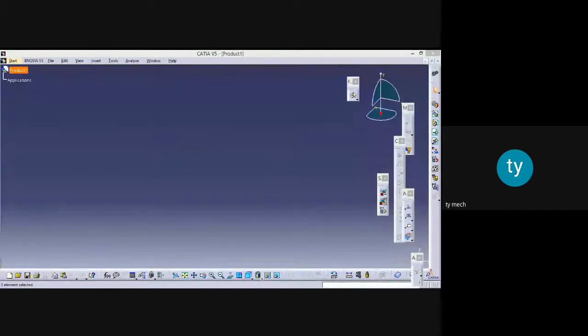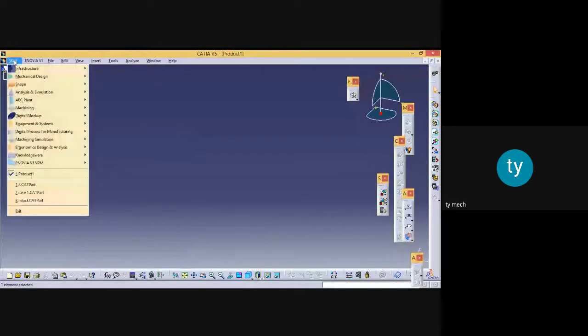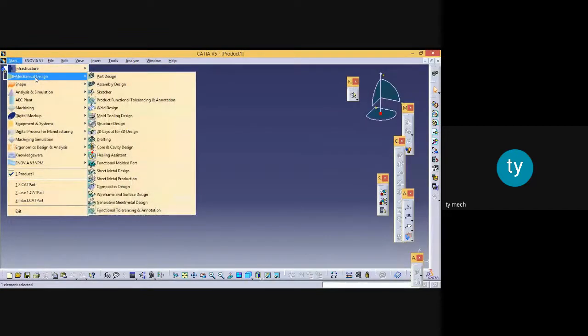Now we will go ahead with the introduction to a few menus, and we will draw a simple design also here. So in the start menu, the main important menu is mechanical design. This we are going to learn. In mechanical design, there is part design, assembly design, and then wireframe and surface design, and then drafting also we are going to learn up to some extent.